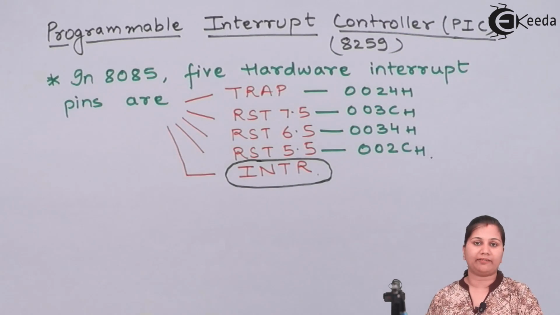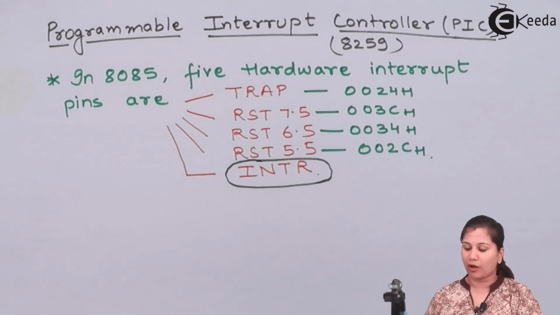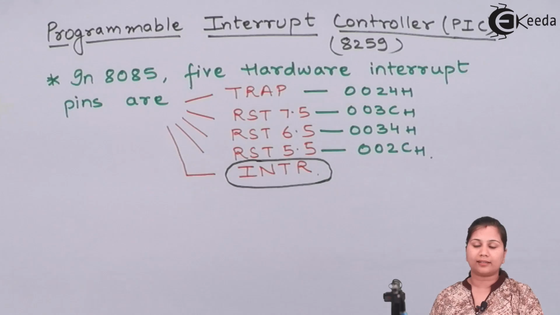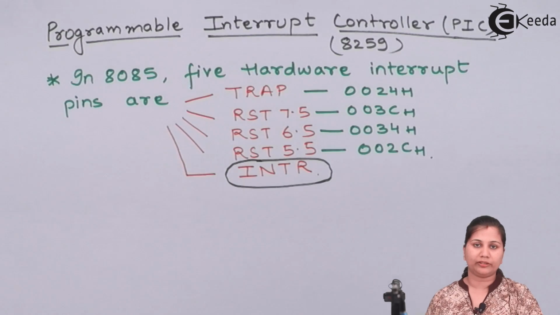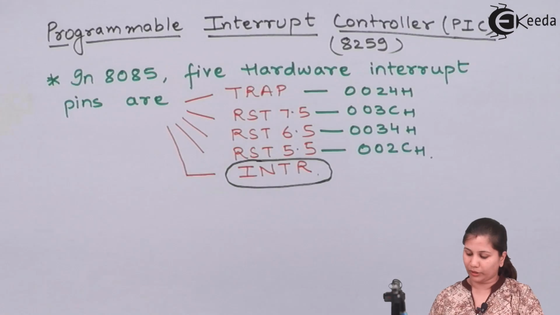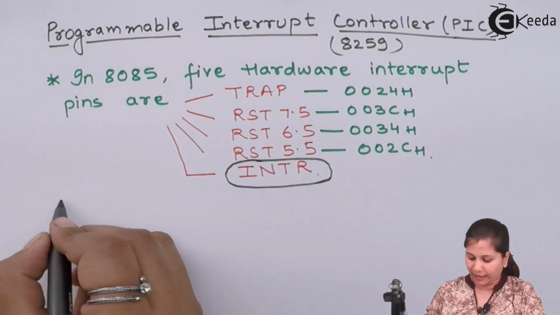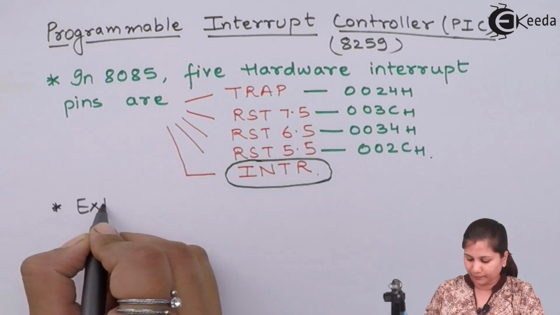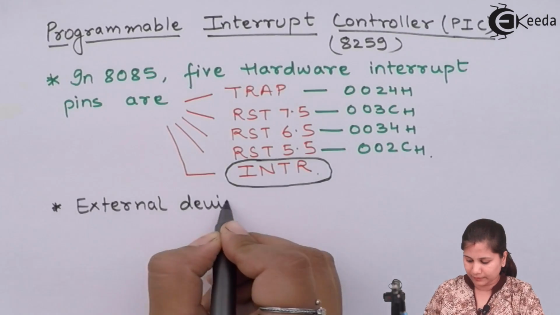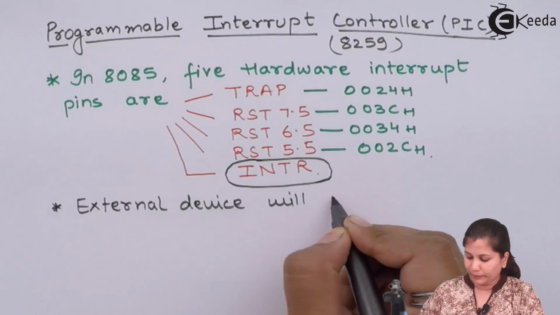So an external device is needed which will provide the vector address for this INTR interrupt. This external device will tell the microprocessor what is the type of the interrupt which it has to execute and what is the address where the subroutine is written. So this external device will provide